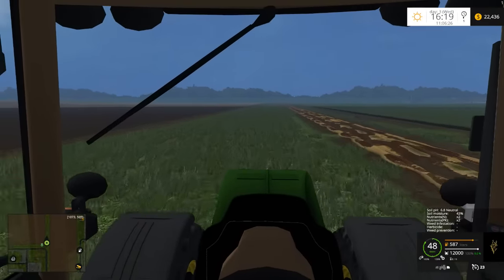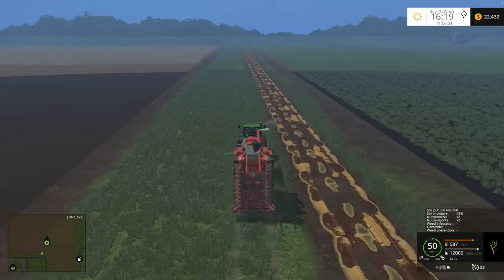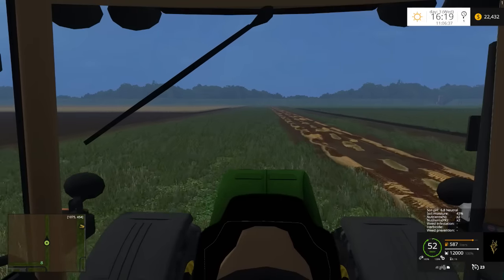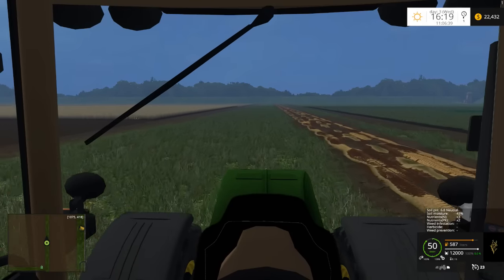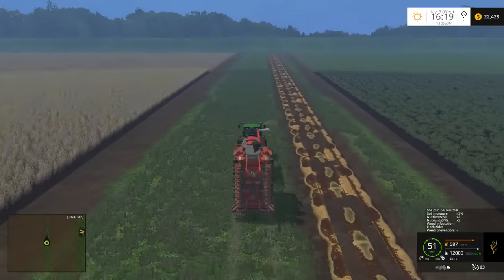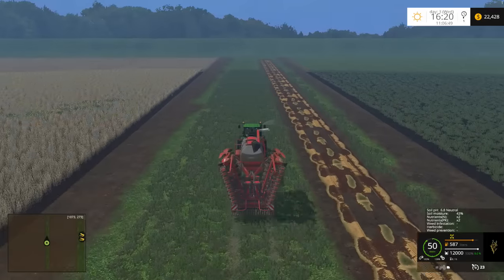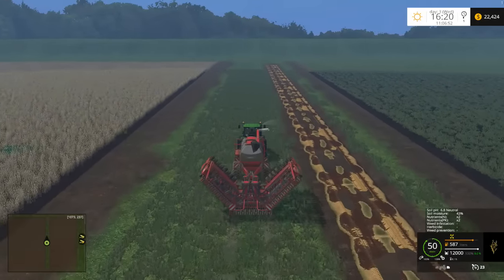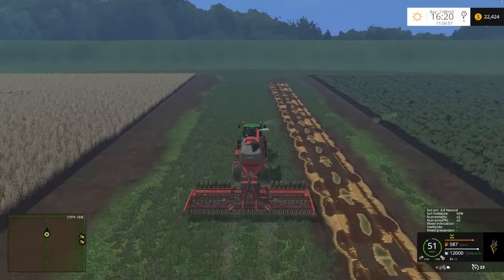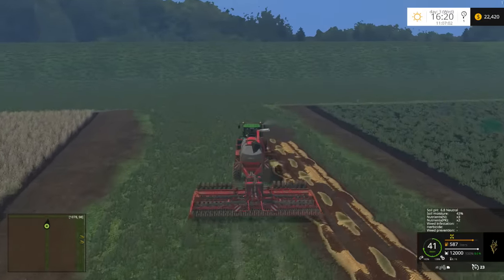So what I'll do is I'll start him from the opposite end, or will I? Oh yeah, I'll start him from the opposite end, which should be more than enough space. The reason I want to do that is because in the middle of the field is where he kind of stopped. Yeah, I should have enough. So by doing it this side, hopefully he'll get that little spot. We'll see though. And also he'll be closer to pick up and drop off. So once we finish with this guy, he'll finish close to the farm. So then we'll be able to...